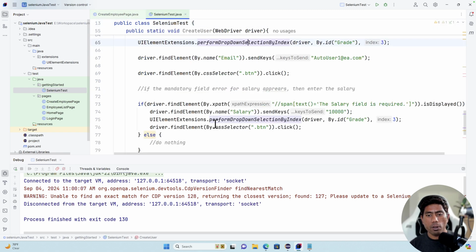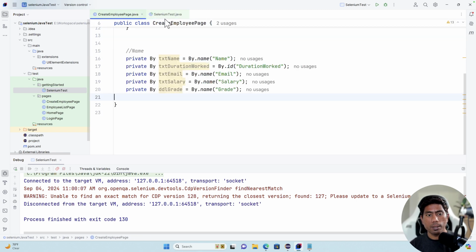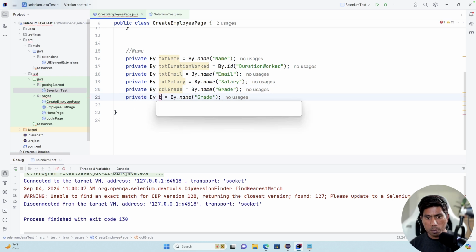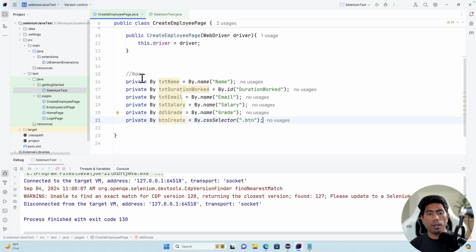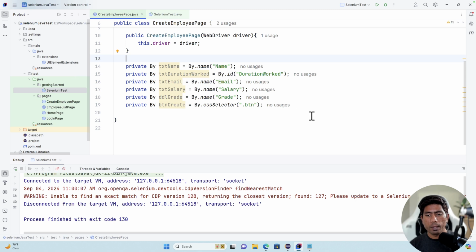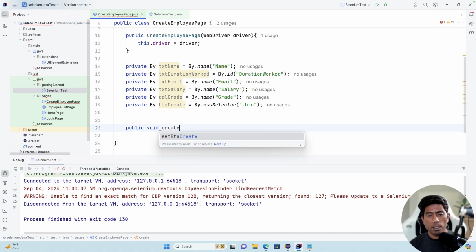And we finally have got a button, if I'm not wrong, just this one to create the employee. So it's going to be btn create, and I'm going to say .btn, but this is located using the CSS selector. See, all the locators are sitting over here this time. And now we need to write the action method. You know what is the action method? Basically, it's going to be public void create new employee,